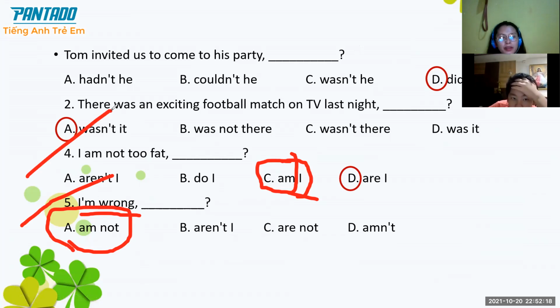All right, so those are about tag questions. Do you have any clarification about tag questions? Because next meeting we will have some review about tag questions. Okay, any question and clarification about it? No questions, so let's have some inputs next meeting.